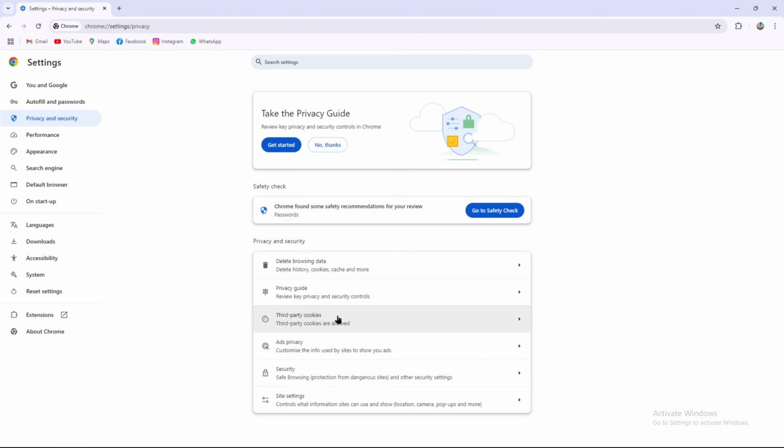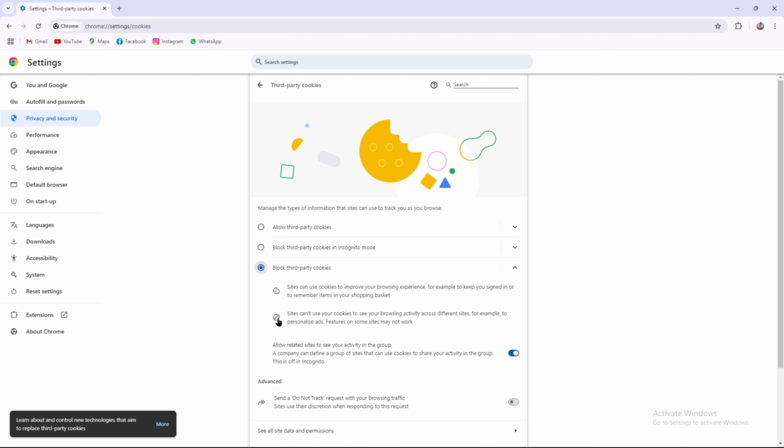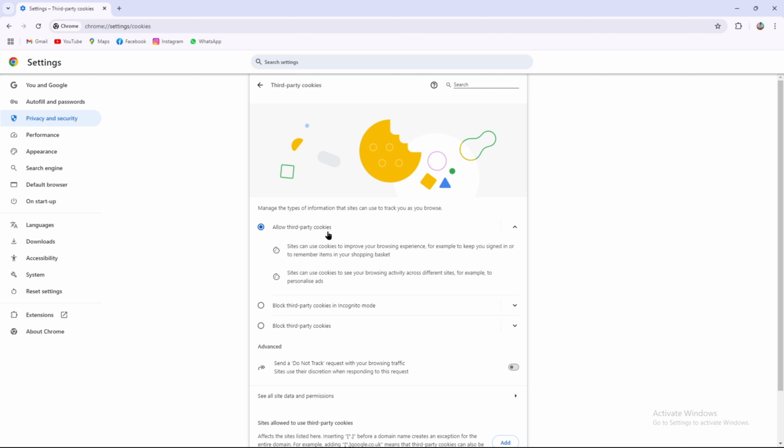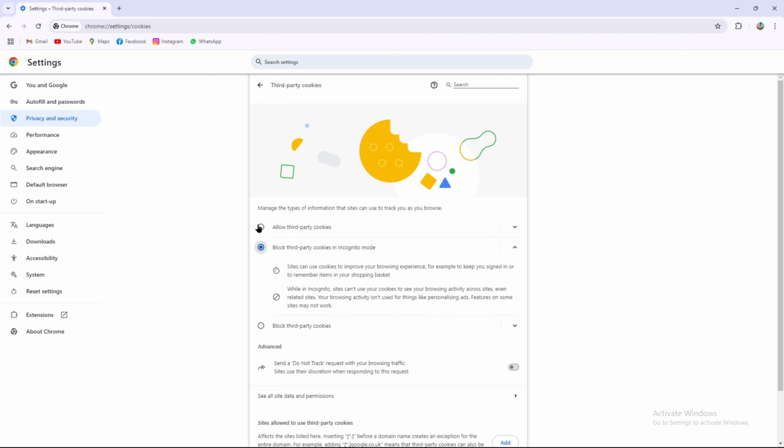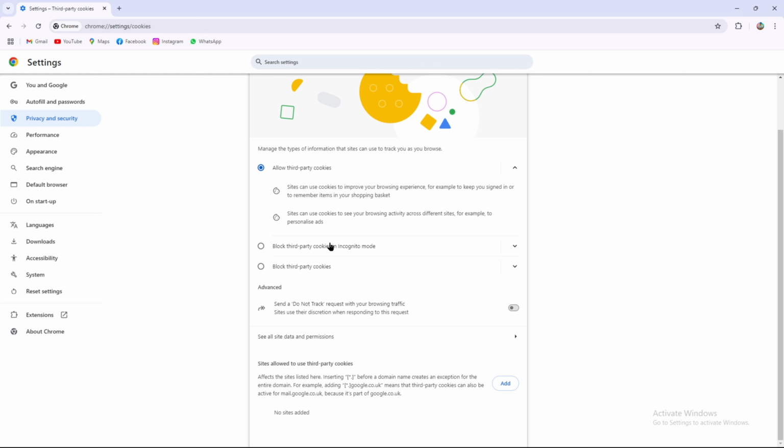you will find the option at the bottom called third-party cookies. Click on that. After that, you can see the option to allow cookies in Google Chrome. But if your cookies are set to block third-party cookies, then you just need to set this to allow third-party cookies. If you just want to block third-party cookies in incognito mode, then you can select that. But I am going to select allow third-party cookies, and it will enable your cookies in your Google